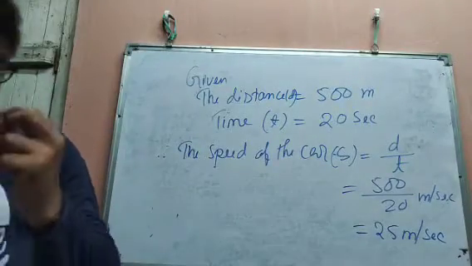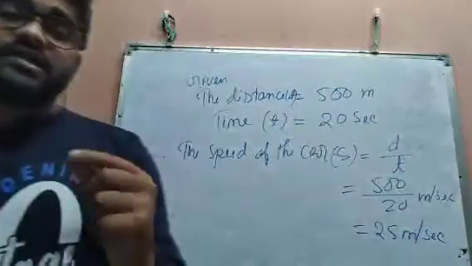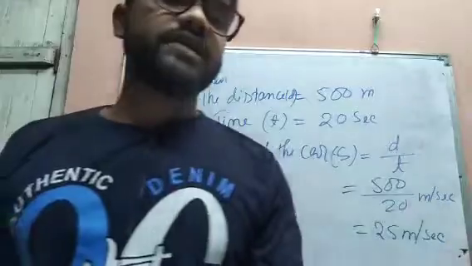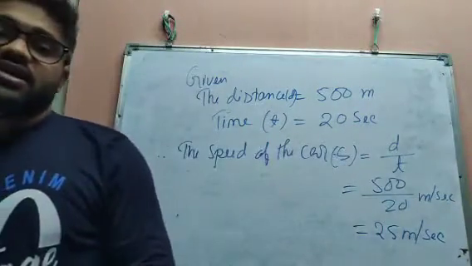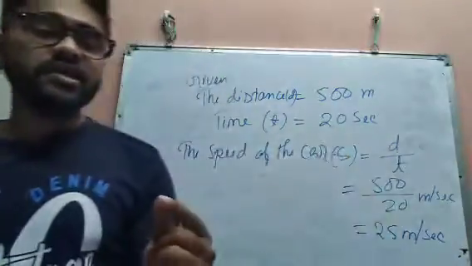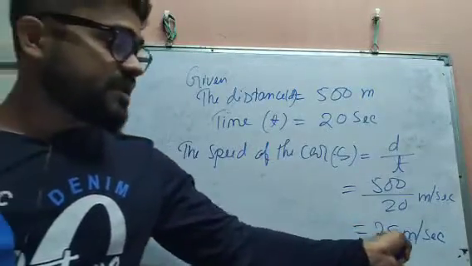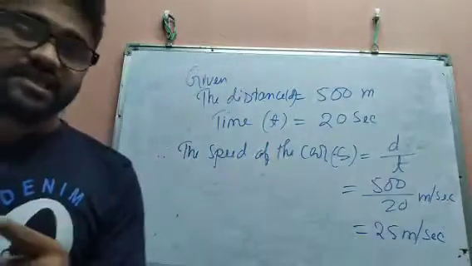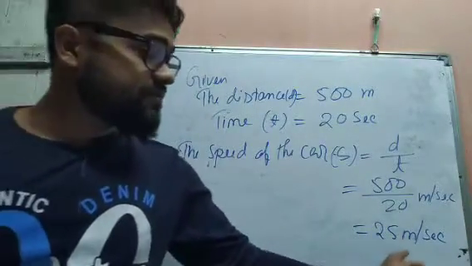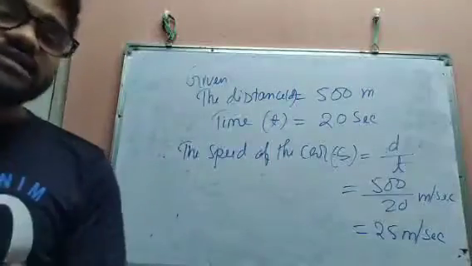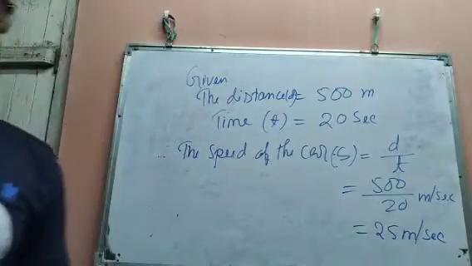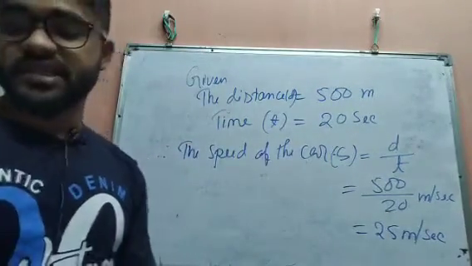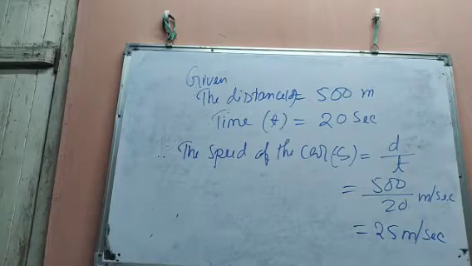Okay, now the question becomes a little bit critical. This time it becomes critical. Then why does it become critical? Because this time it is given, how far does the car travel in 1 second. So just now we got the speed of the car, what? 25 meter per second. Okay, now we have been given the time, 1 second. So we are asked, if the car is moving at 25 meter per second speed, then in 1 second how far will the car travel. That means we are asked to find the distance by using the speed and the given time, 1 second. That means we have to do one thing. What?